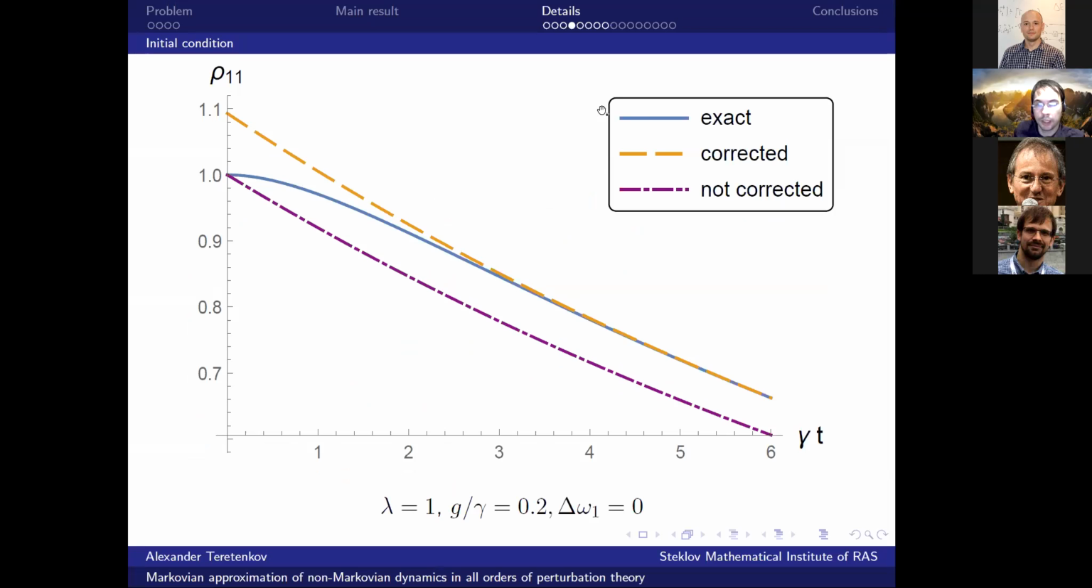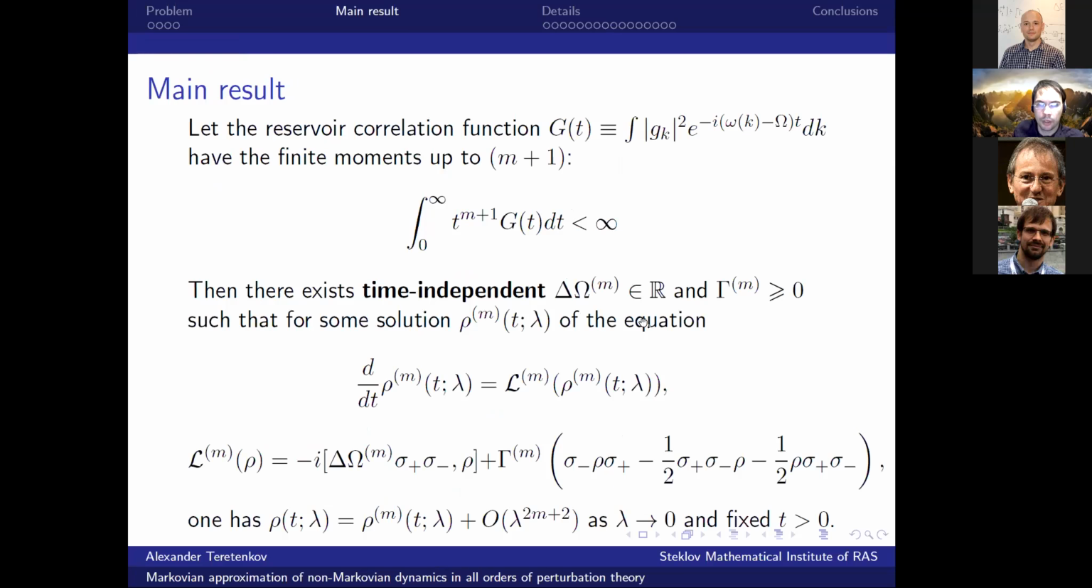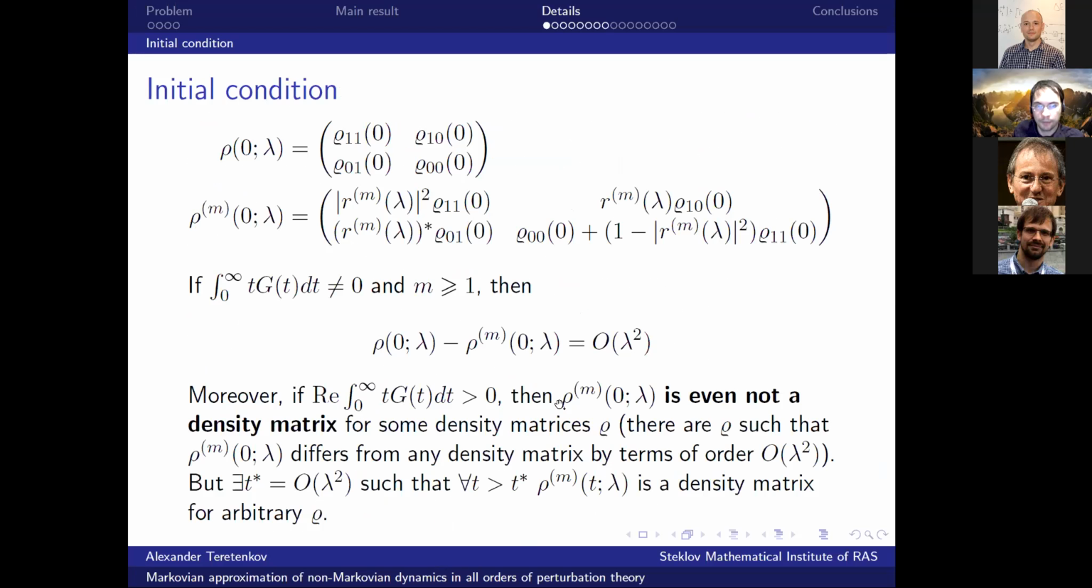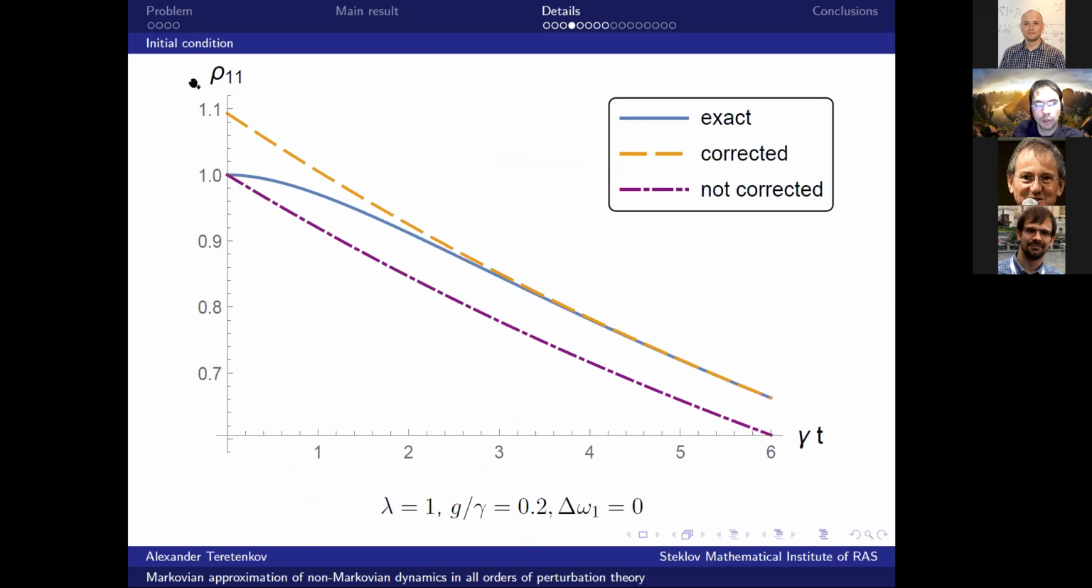here the blue line is the exact solution, and this orange line is the solution of the GKSL equation with constant coefficients, but with these renormalized coefficients defined in these formulas, which have participated in my main result. I have not yet given the exact formula for these coefficients, but I will do it a bit later. But it is not so important. Important is the following thing: that if you